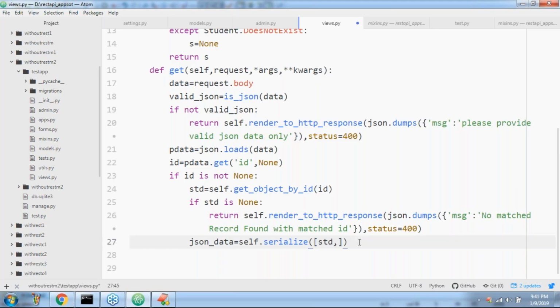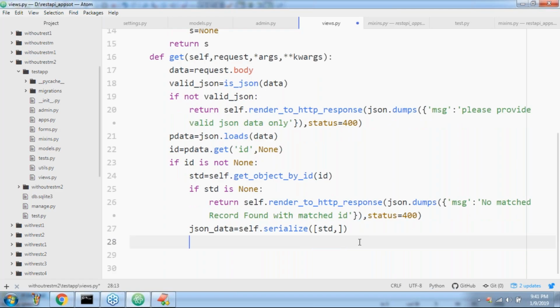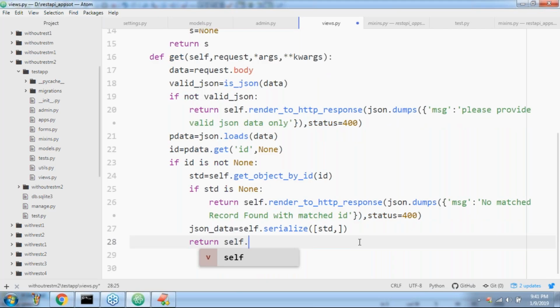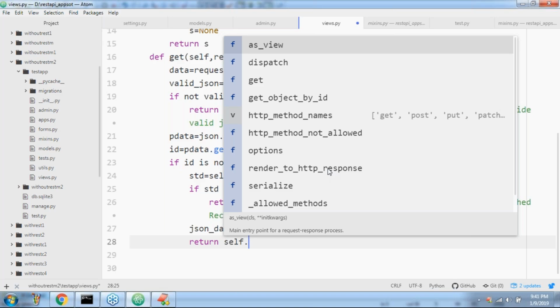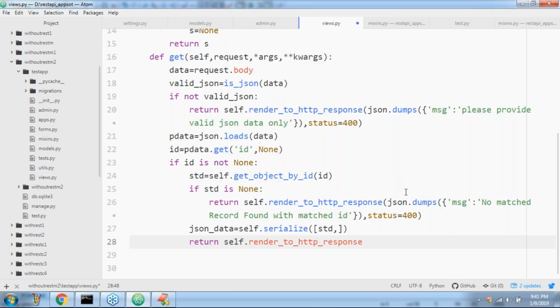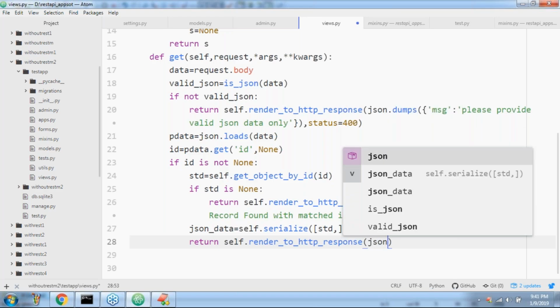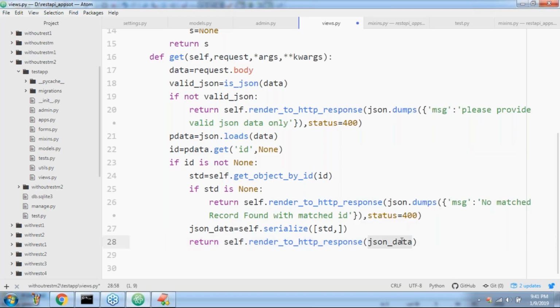Okay, well, JSON data is ready, sir. Now return self.render_to_http_response, and simply JSON data we have to pass. Are you getting? Simply JSON data we require to pass. Status code and content type we are not required to pass; everything is going to be taken care of by my mixin.